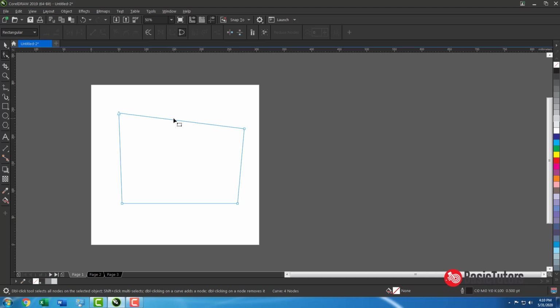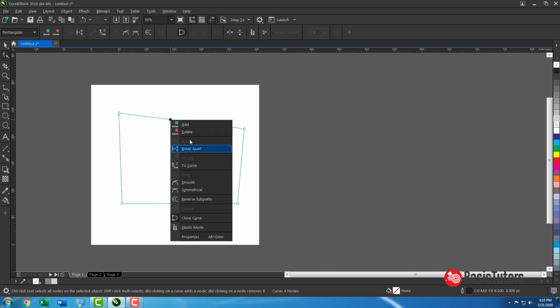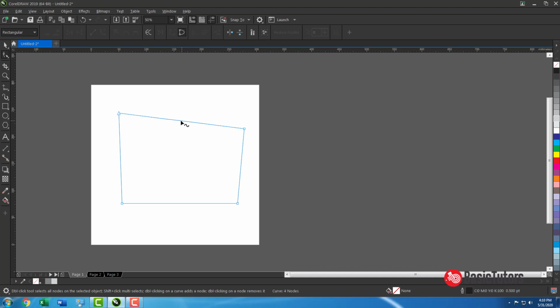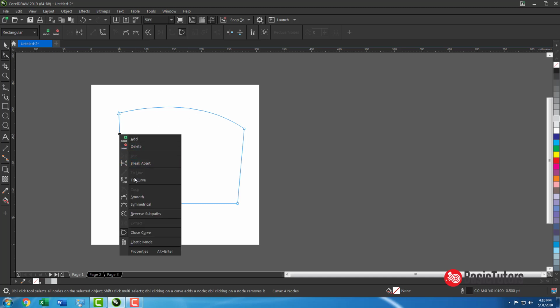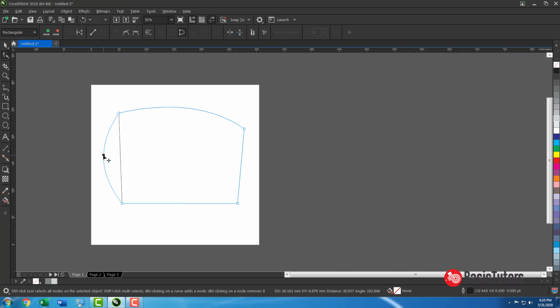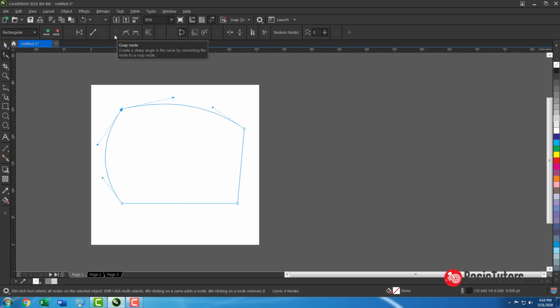If you make this line segment into a curve, you can make this line into a curve. So this is the difference: two types of segment, one is a line segment and another one is a curve segment.